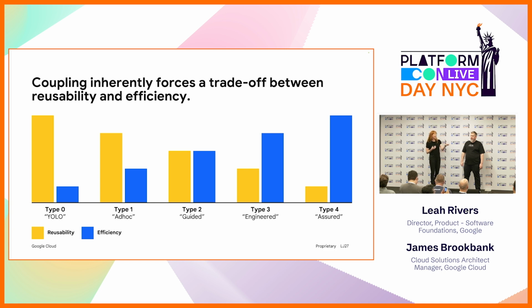What we're discovering is that with abstractions and coupling, there are different laws of physics associated with them. There are different limits and constraints, and they actually complement each other pretty well. We call this Klimek's frontiers internally, after Manuel Klimek, the engineer who really put their finger on this: when you're using coupling to get the value you want out of your platform, you're going to run into a hard trade-off between the efficiency you can get from that coupling and how retargetable or reusable that entire platform and ecosystem is to a new business model.